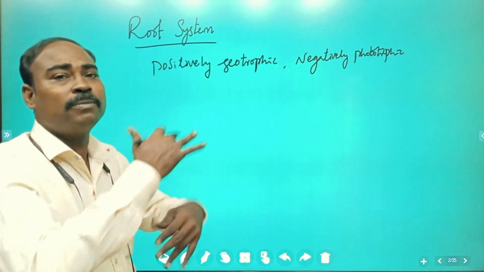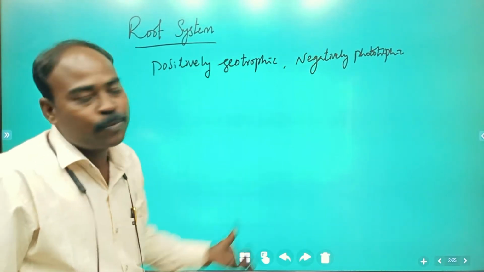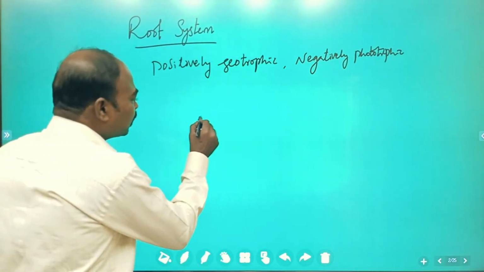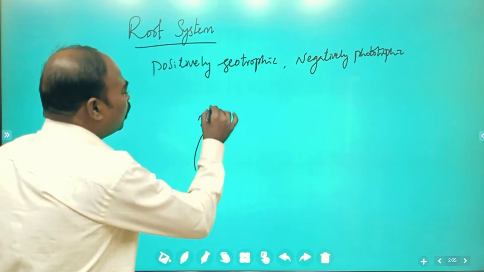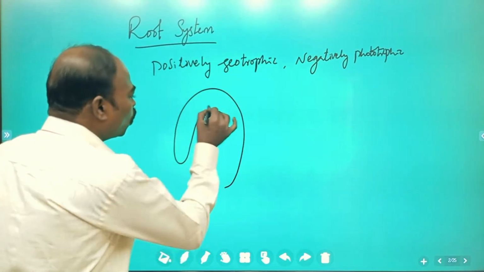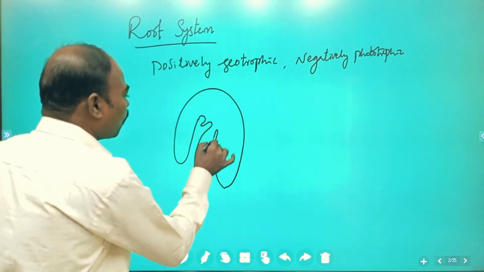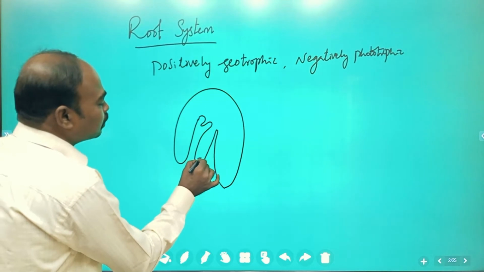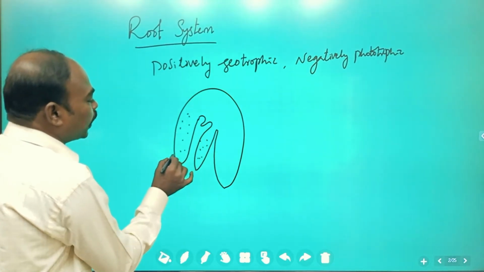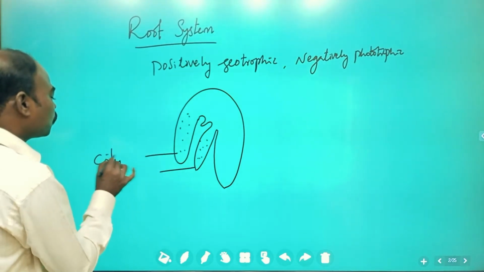Where does the root develop from? For that purpose, we go and observe the structure of a seed. Let us see it in the seed. The embryonal axis has a cotyledon or two cotyledons with the two growing regions. These are the two cotyledons